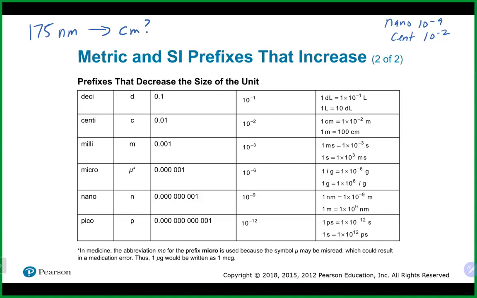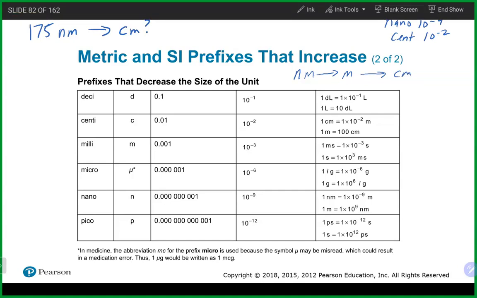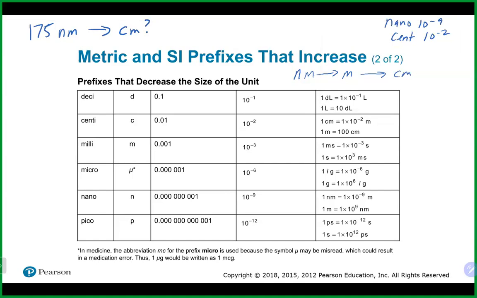Okay, let's take a look. So again, the route that probably is the best route for everybody would be to take it from nanometers back to the base unit of meters, and from meters out to centimeters. Again, you can find those conversions relatively easily. When we look at our conversions here, that's going to mean that for nano,